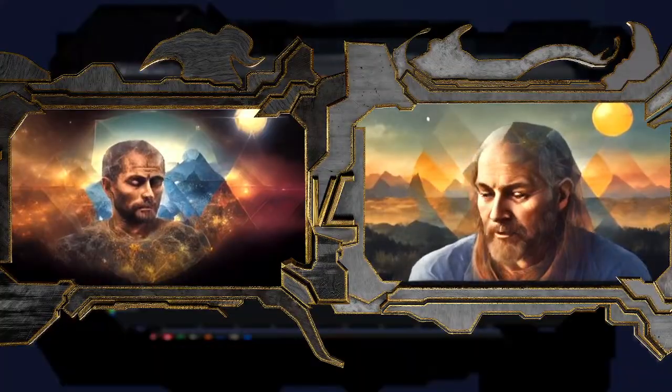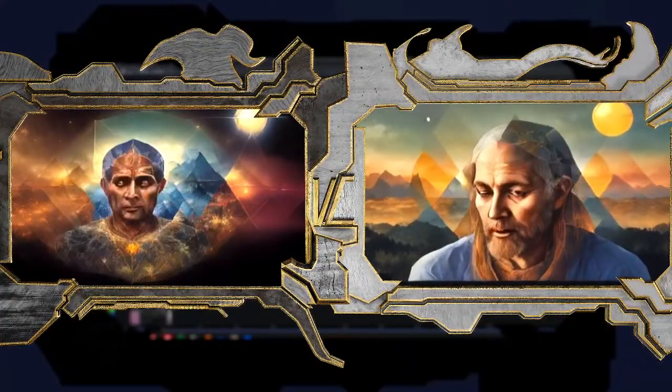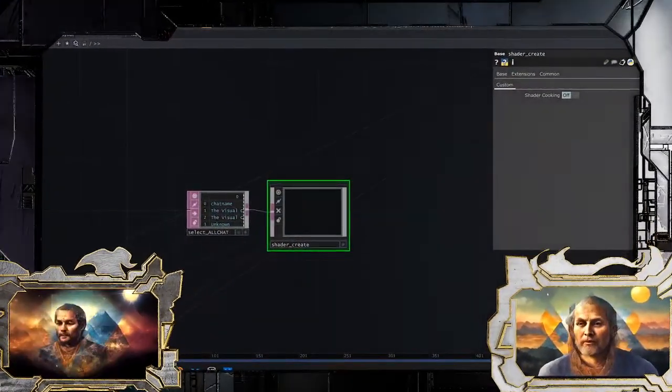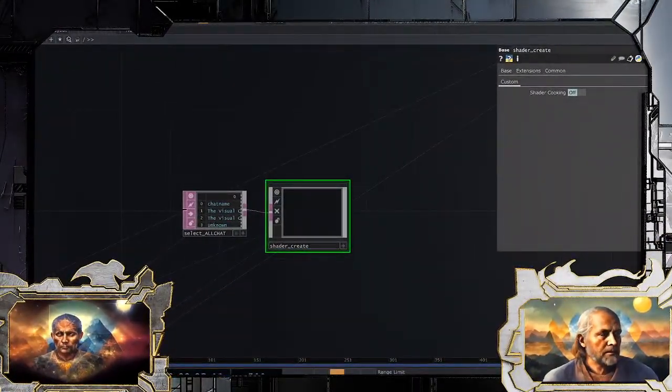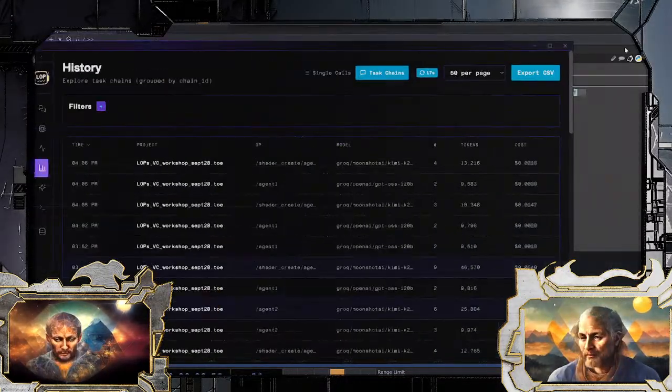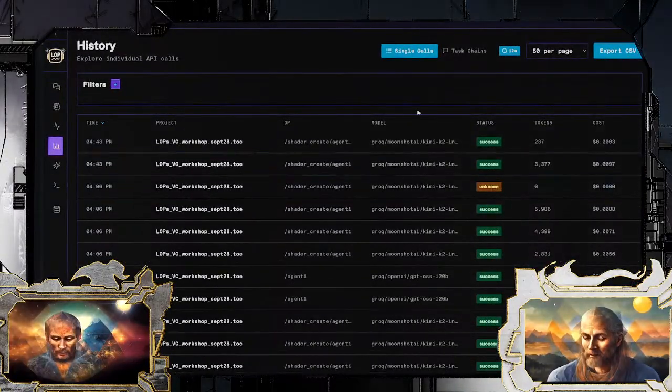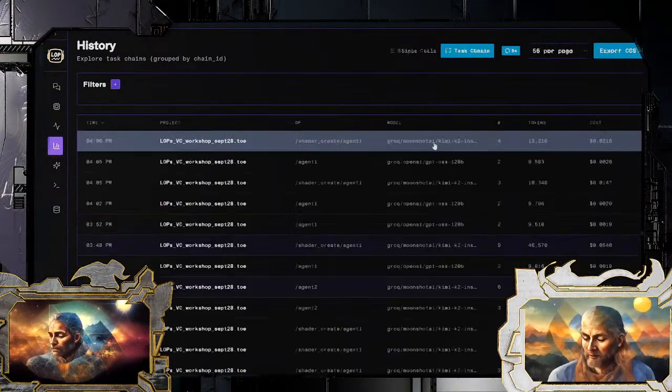The nice part about, not the nice part, is I need a better autosave for the actual internal parts of the component. But since that project just crashed, I did lose the LOPS history of what the chat put in, which is too bad. But I have a full system that does record. It's like a LOP trace dashboard. This is not something I've really showed off. But we can see all of the task chains for all of these different shader codes.